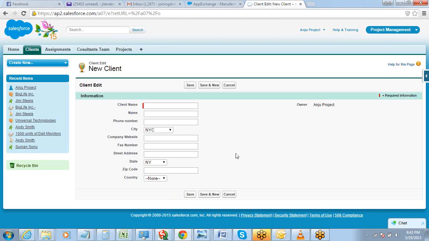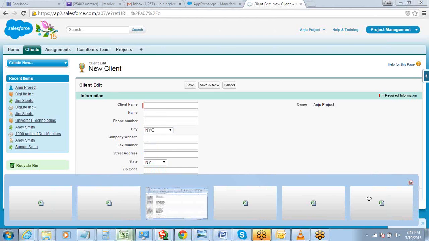But what may happen at times is, for example, you are dealing in 4 different countries, 50 different states, and 200 different cities. Don't you think if the pick list shows 200 options here, it will become very difficult for the end user to select, right? So what we need here is a dependent pick list, which means